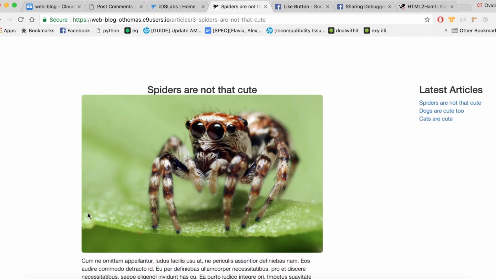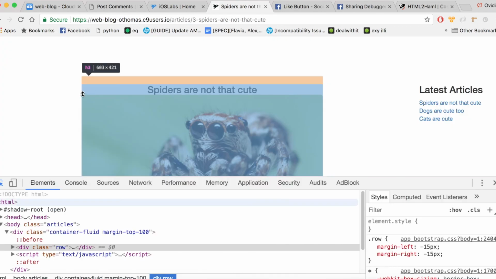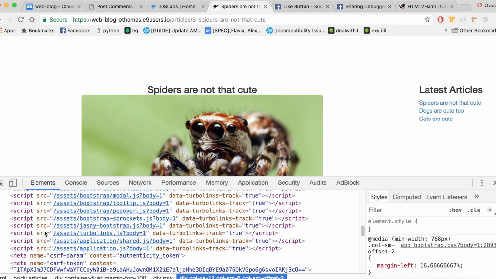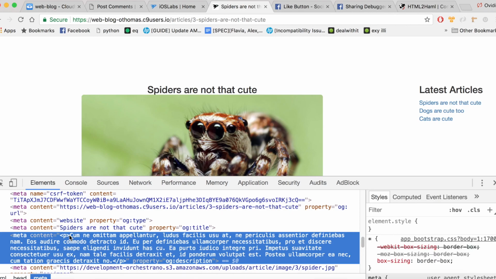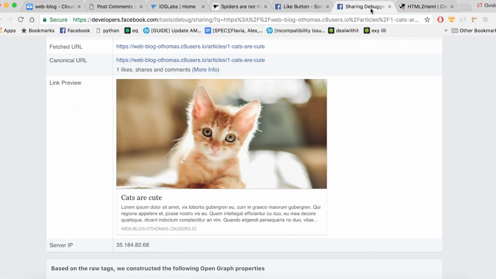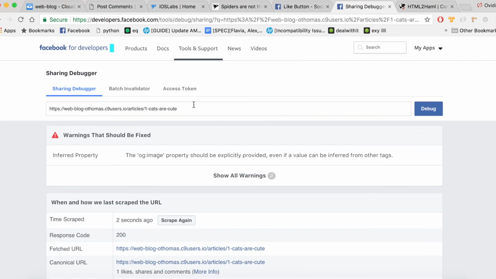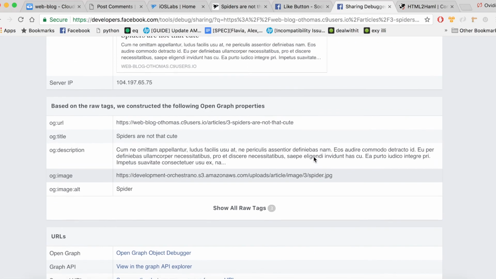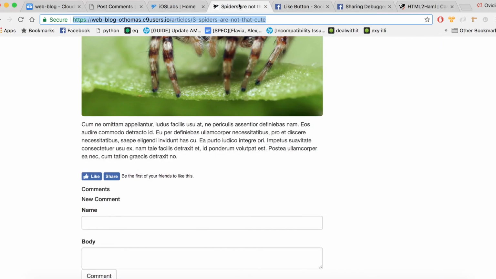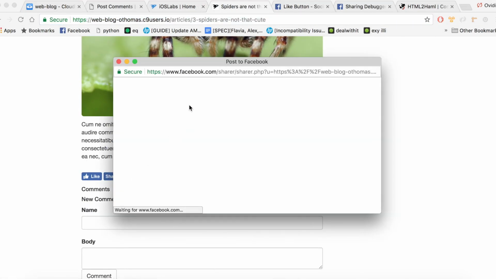If we inspect the HTML, we will see our meta in the head node. And now if we take this and debug it, we will see that our image is showing. And now we click share,